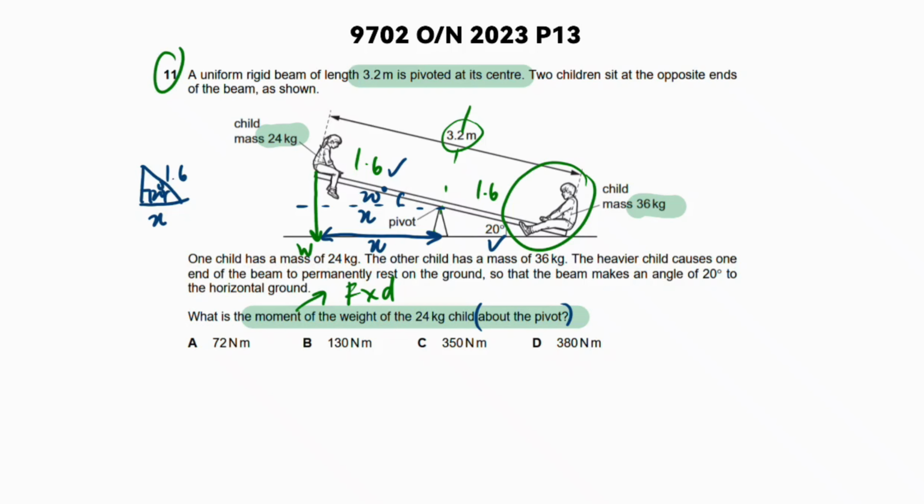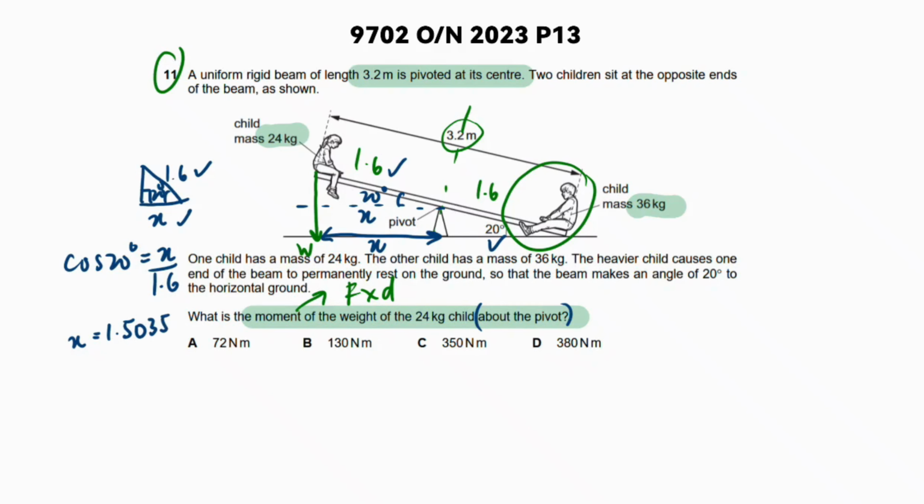So x. So we realize this is actually using cosine. So cos 20, because cosine is adjacent over hypotenuse, right? This is your adjacent, this is your hypotenuse. And when you take your calculator and compute this, you should get. Also, when you're calculating using your calculator, make sure your calculator is in degrees and not radians. If it was in radians, you're going to get a totally different answer. So your x would be